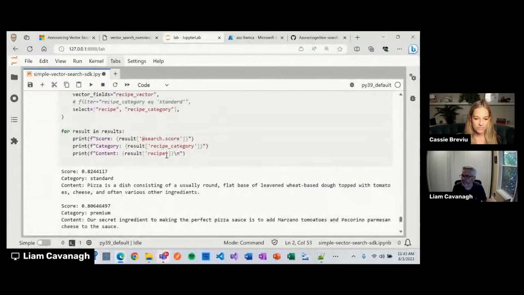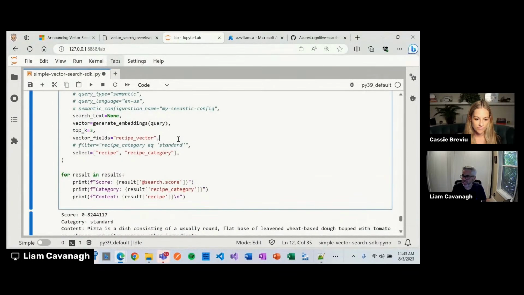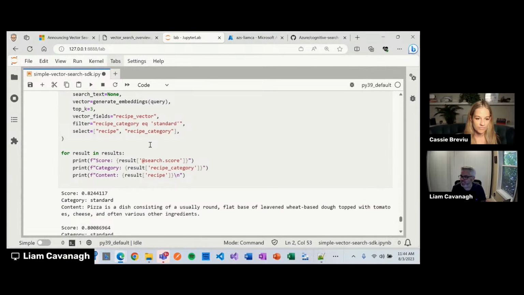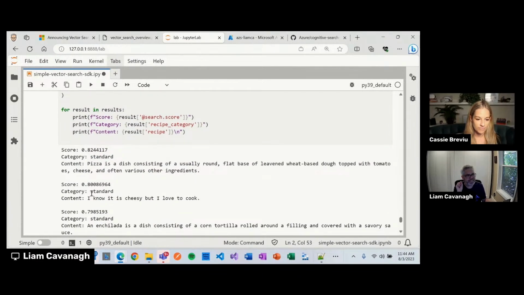Because Cognitive Search has a lot more functionality than just the vectors, I can make a change and just say, let me filter where the category equals standard. Execute that exact same search, and you can see how it only brought back that specific information. So being able to enable metadata and filtering is pretty critical as well.